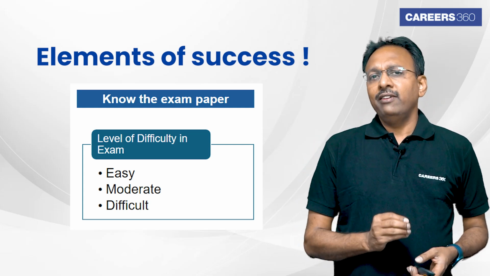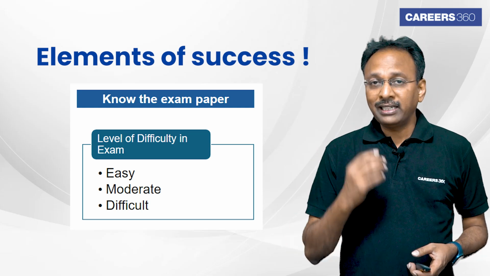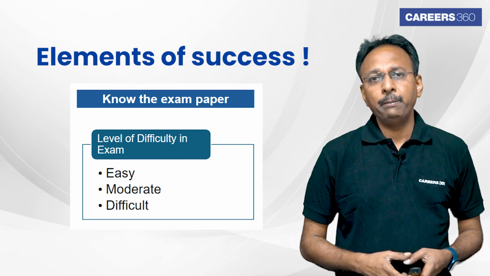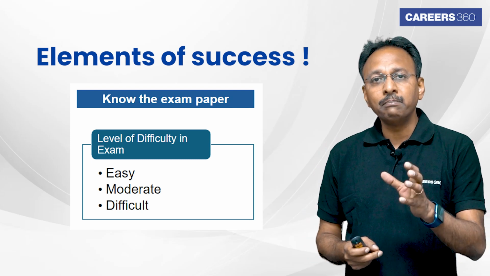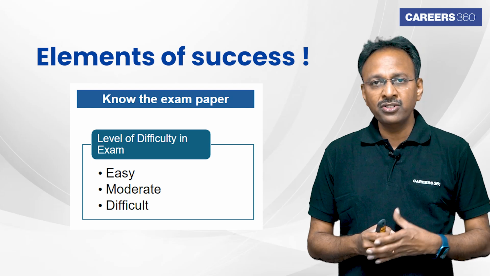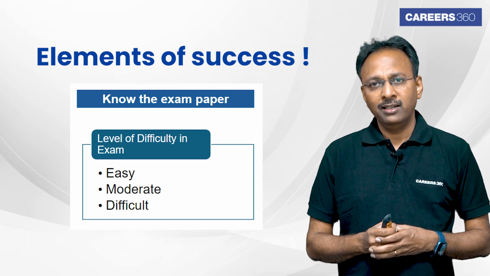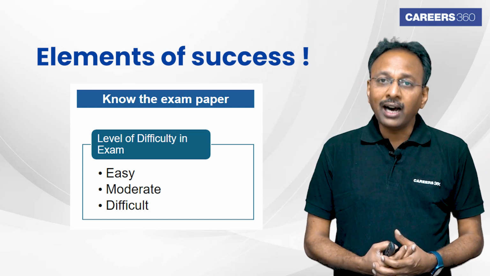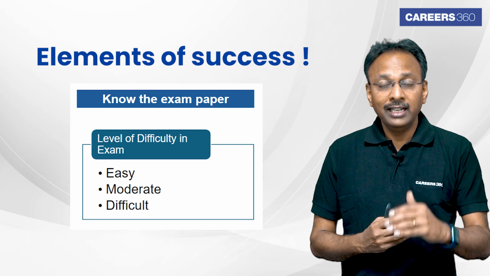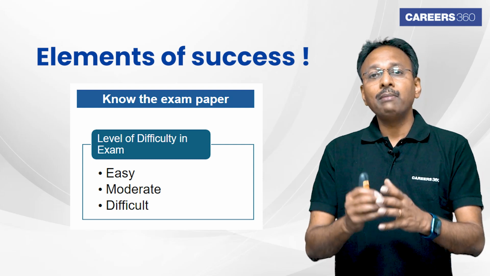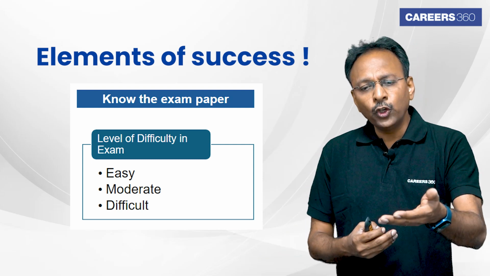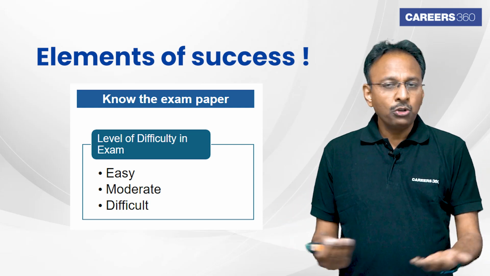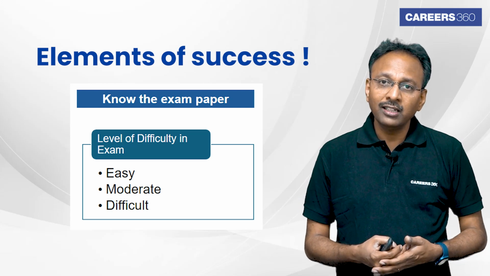I'll give you one more very, very important point, and I'm sure a lot of you know this, but it's a point we miss when we are writing the actual exam. This CAT paper has 198 marks for the asking, 66 questions, 3 marks per question. But do you know something? You just need to get about 95 marks, less than half, less than 50% of the marks to get into an IIM. And if you can get 50% or 55% of the total marks of 198, somewhere around 100, 102, 104, you probably get into an IIM Ahmedabad, Bangalore, Calcutta of the world.